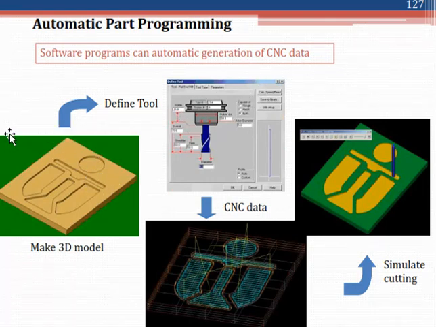So for this 3D model, you decide what the tool is, what the coordinate position is, what type of work holding devices, and how much speed. These you must know. Next, after setting your coordinate position, your tool, and everything, you generate the tool path. After generating the tool path, you go for simulation. First your 3D model, then you define the coordinate position, the billet size, the work holding devices and the tools, then you generate the tool path, and finally you simulate.